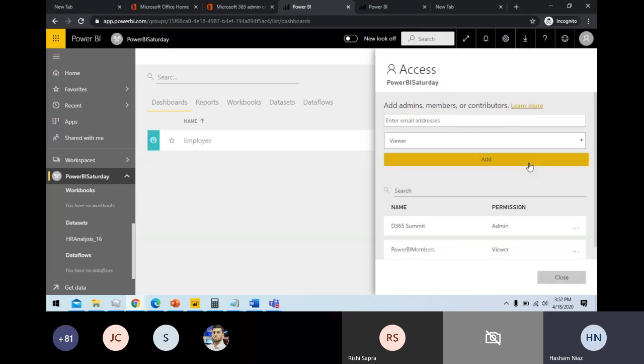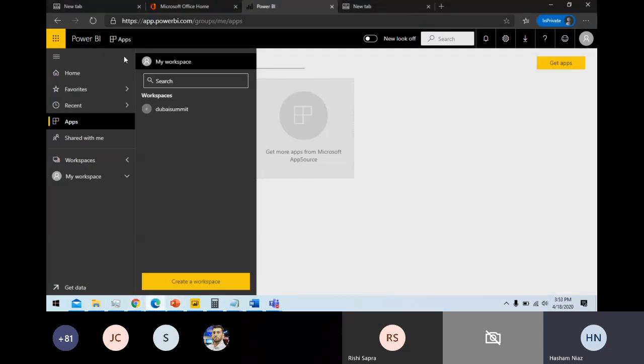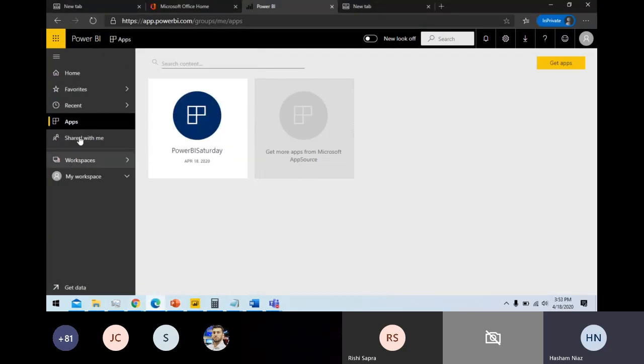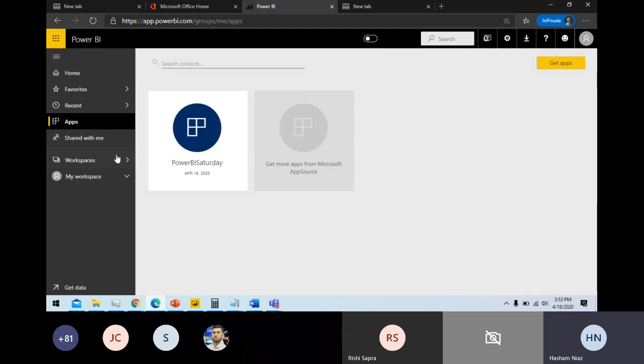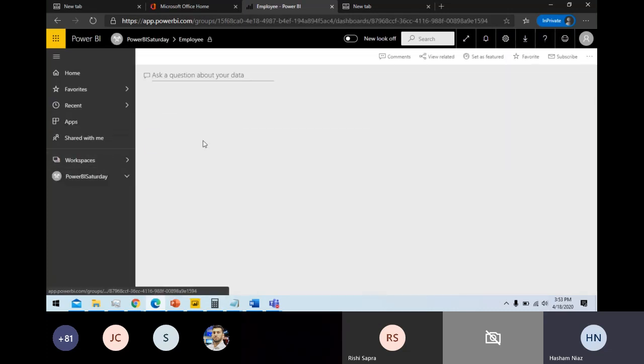So this user is now in the viewer role, and the workspace will start appearing for this particular user. We have to wait a few minutes. So now this is appearing, and now I can view this report.